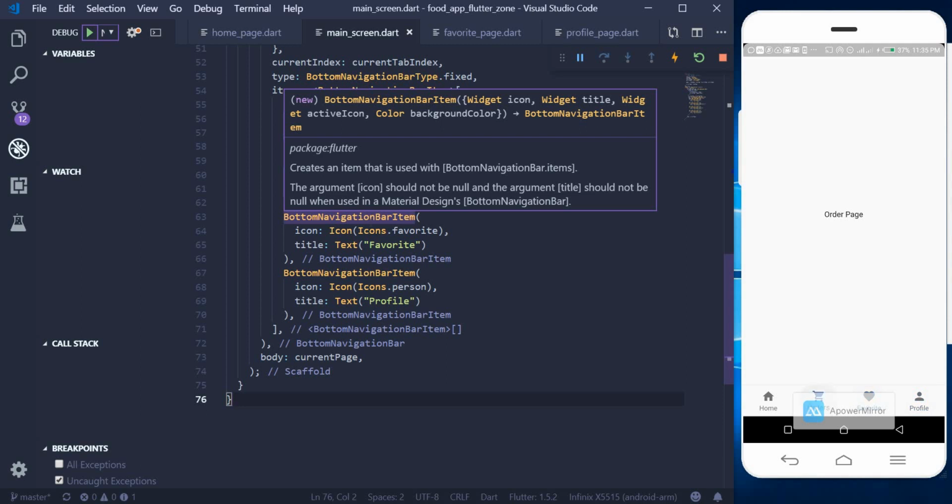So we will go ahead and then do all these changes in the next video tutorial. So we are going to create the other page, and then from there we will create the favorite page, and then we will create the profile page. So after the profile page, we will connect the whole application to the database, and then I think we will complete our app. So I will see you in the next video tutorial, and then